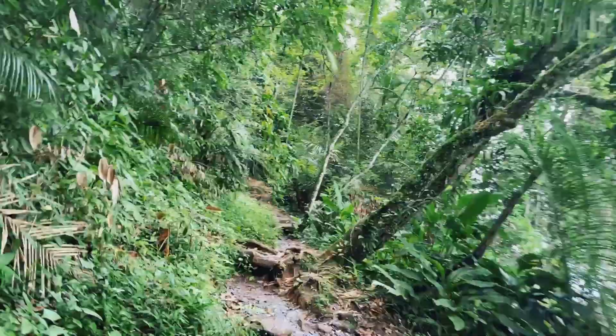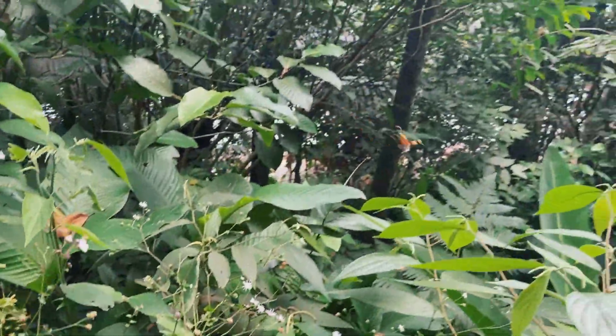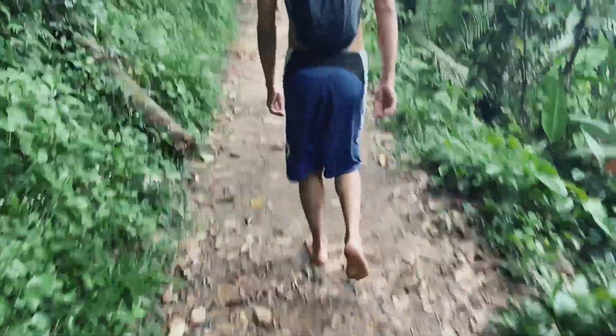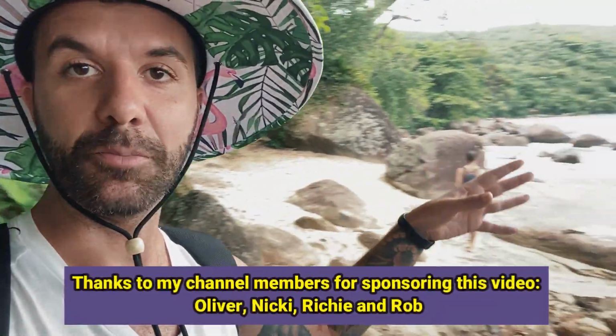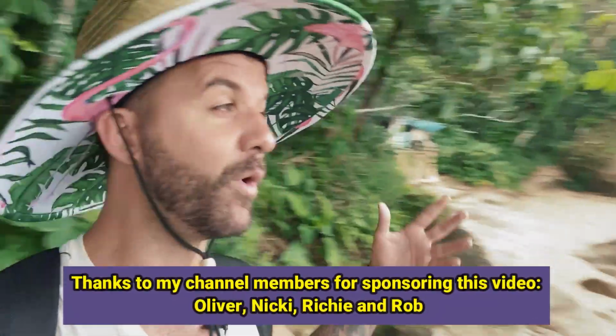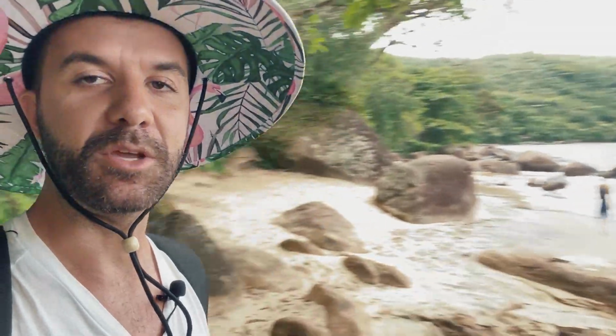Okay, we're now trekking through some thick Atlantic jungle here. I've got my flip-flops on. I told Sheena he might need flip-flops, but he decided to go barefoot. I think he's regretting that decision a bit right now. We just arrived here to our first little beach on this hike, very far away from where we need to be, which is Bonete, but nice to just be able to go through these beaches on a 1-hour hike to an